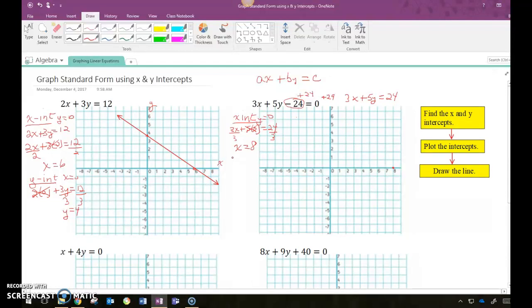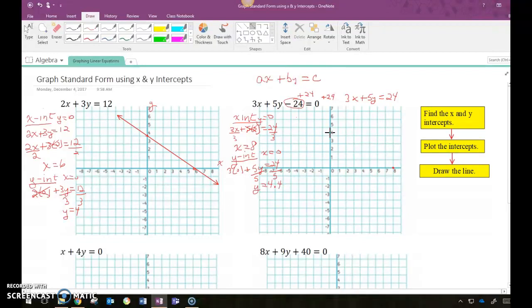And so let's move on to the y-intercept. So to find the y-intercept, I'm going to let x equal 0. So 3 times 0 plus 5y equals 24. So here I need to divide by 5. So y equals, and 24 divided by 5 actually is 4.4. Okay, so I come up here to 1, 2, 3, 4, and 0.4 is just shy of halfway, so just a little below halfway. I'll put another dot, and then I'll draw my line